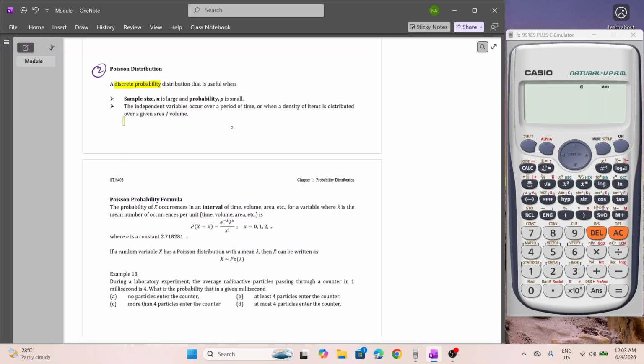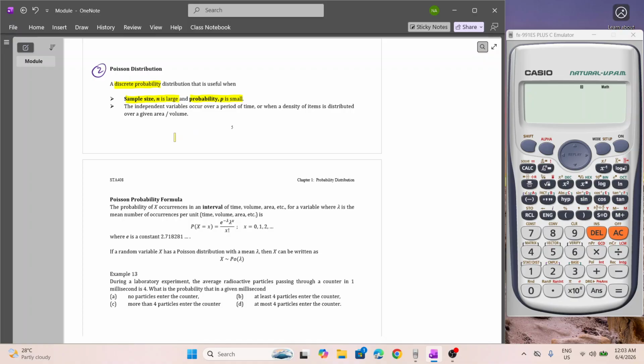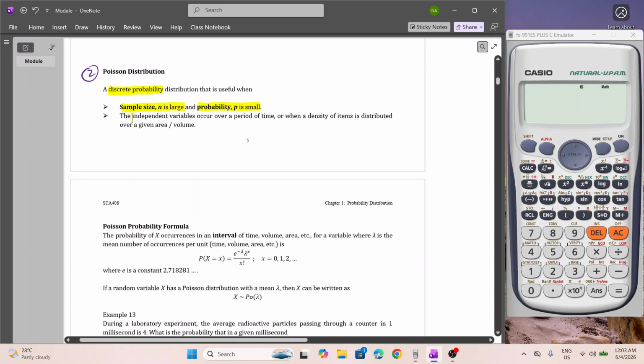Okay, and it is used when the sample size is large and when the probability of success, which is the p, is small. And to use the Poisson distribution,